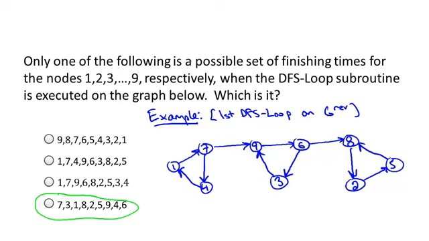So now, from here, there's only one outgoing arc. We have to go to, so we mark 9 as explored. And then there's only one place we can go. We can go to 6, so we mark 6 as explored. Now there's 2 places we can go next. We can either go to 3 or we can go to 8. And, in general, DFS could do either one. Now, to generate this fourth set of finishing times, I'm going to need to assume that I go to 3